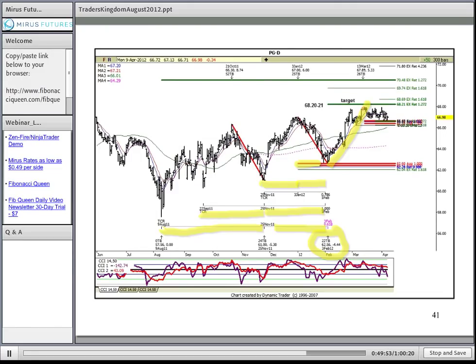Question, how necessary is it to use options for the trading room? No, you can use futures. I mean, but I'm only doing